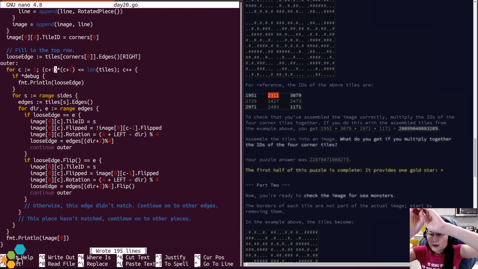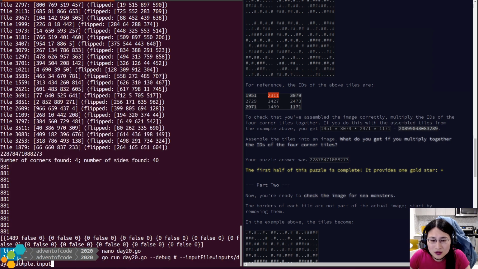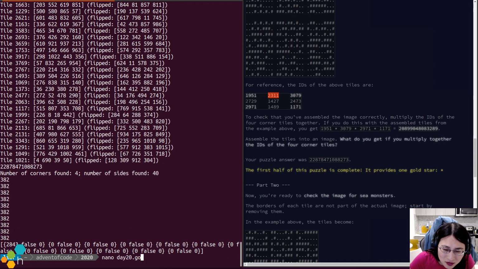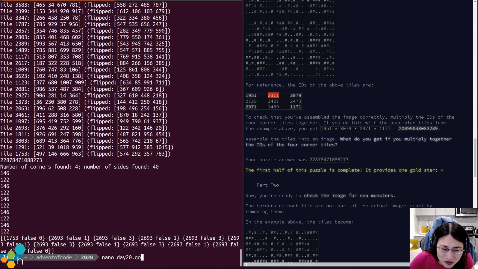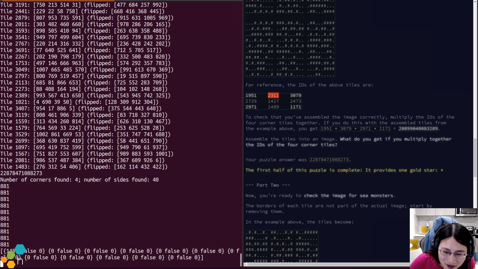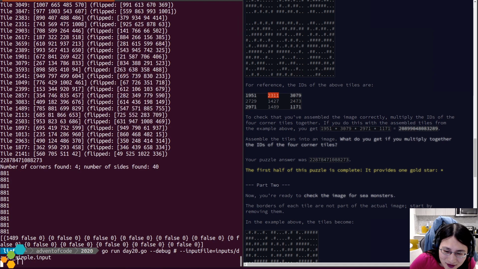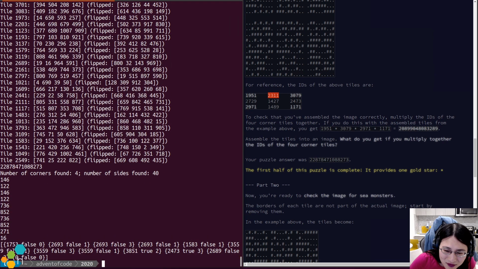So for my 3x3, I want to iterate twice. Oh, it's interesting. This is now being very non-deterministic.